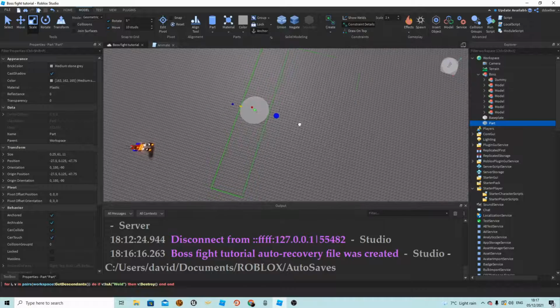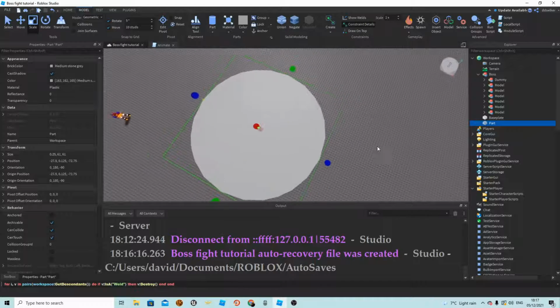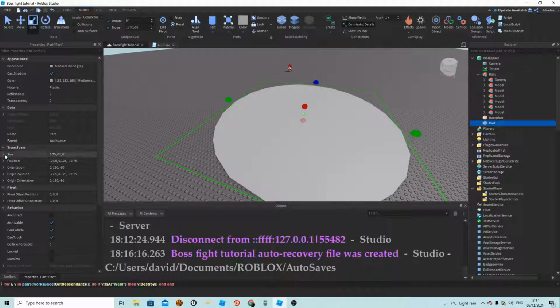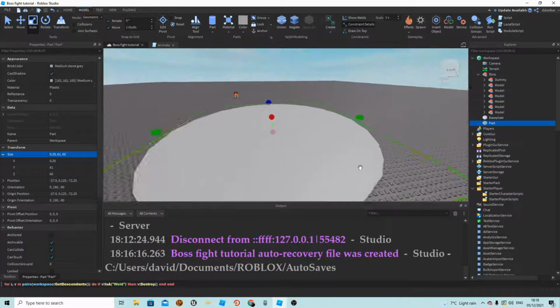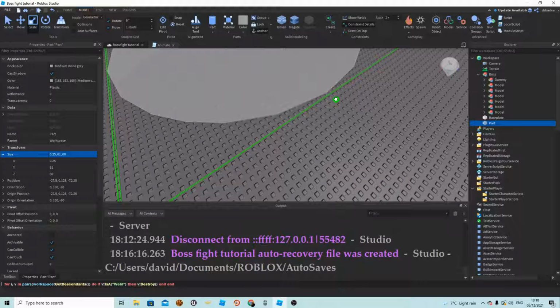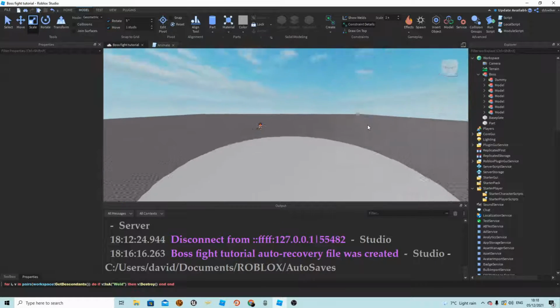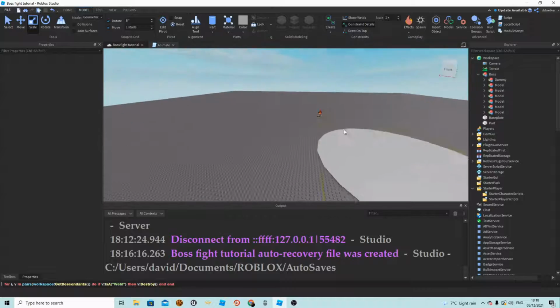Now I'll make it the same size in the other direction. How big is this actually? I'll put my scaling on one and scale it on both sides a little bit, just so it's exactly 60 times 60, and now